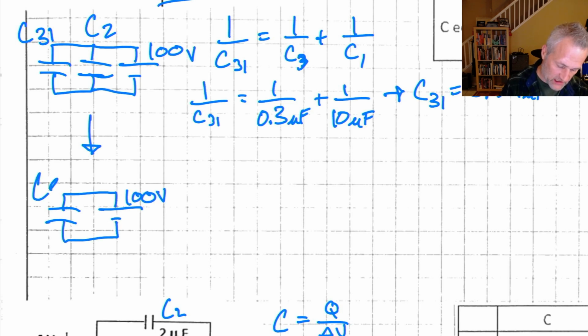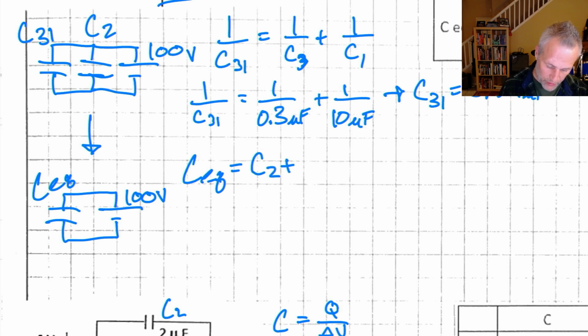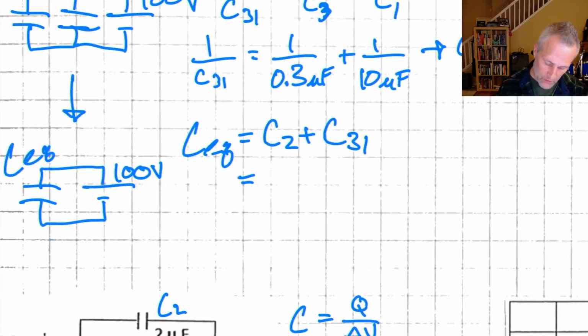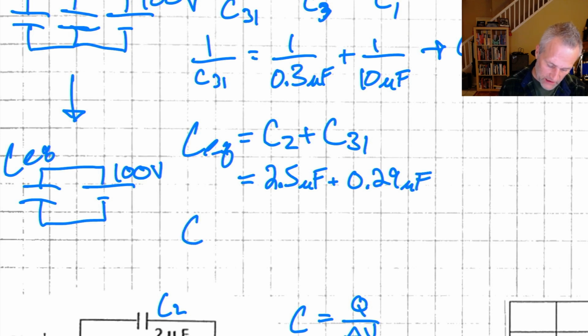Now I need to take this and find one capacitor here that is connected straight to my 100 volts, and this would be CEQ. And CEQ is going to equal C2 plus C31. The parallel rule is always easier because you just add them together, right? So I'm adding together those two to give me that one. So this is going to be pretty straightforward. C2 was what, 2.5? Yes. 2.5 microfarads plus 0.29 microfarads, and I get CEQ equals